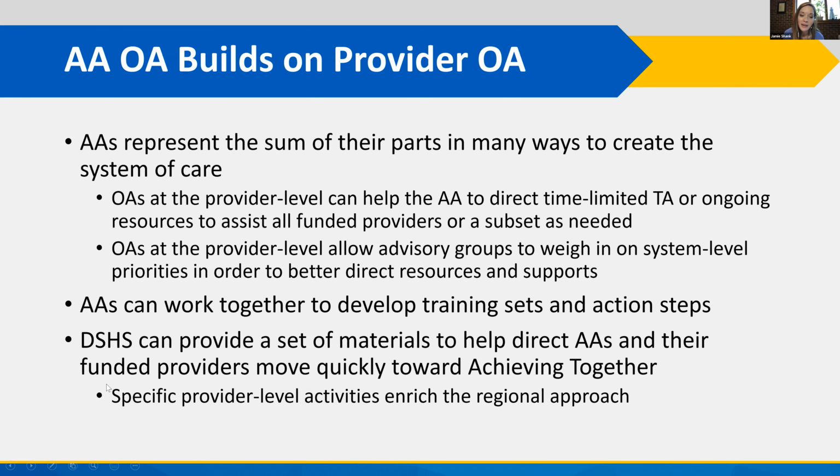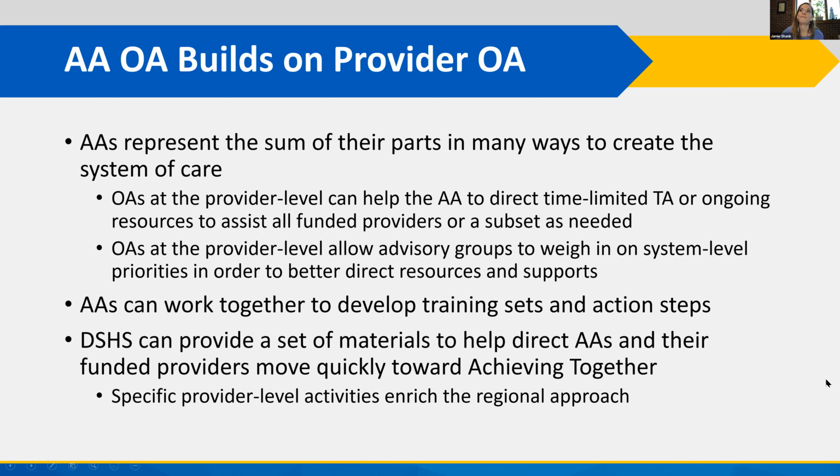The AA organizational assessment builds upon the provider organizational assessment. And that's why we still want to do it at the OA level, and then sort of in parallel to that, have folks doing it at their provider level using the Part C/D assessment. So, keep in mind, we sort of represent the sum of our parts, right? We are a system of care. So OAs at the provider level kind of help direct and drive up the things that happen at the AA level. And that can relate itself to what kind of TA, what kind of ongoing resources, what sort of sources,